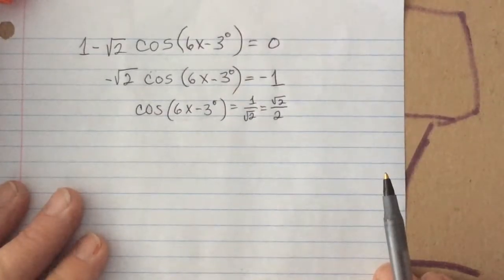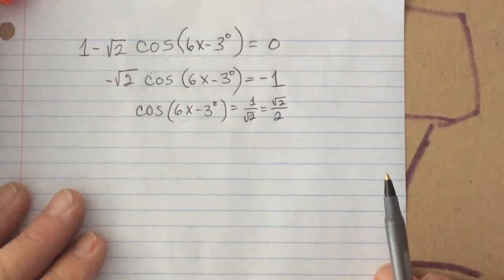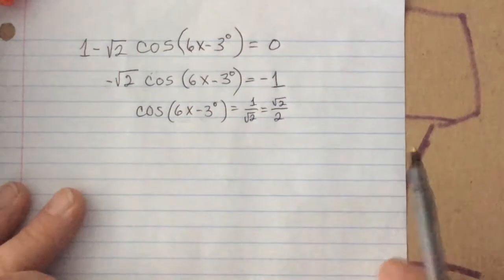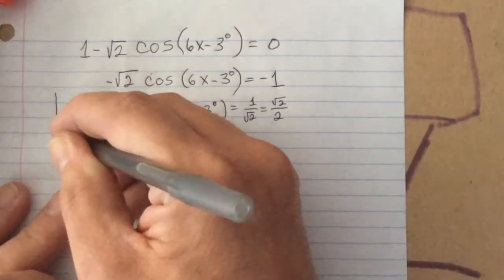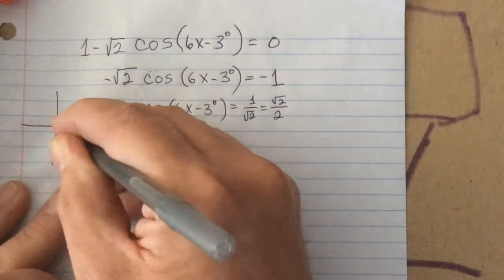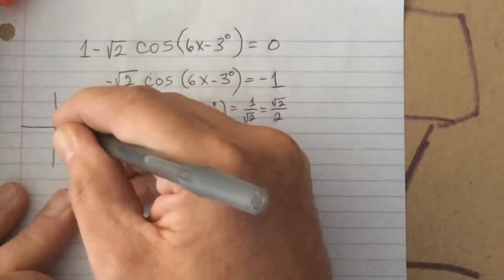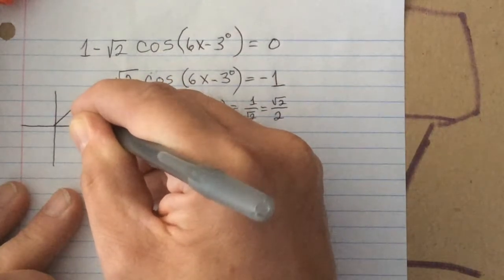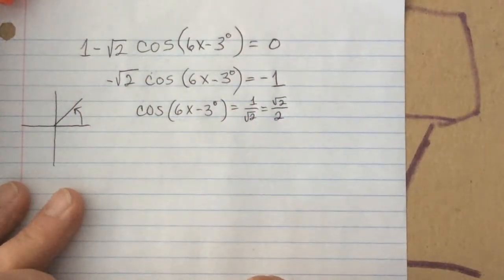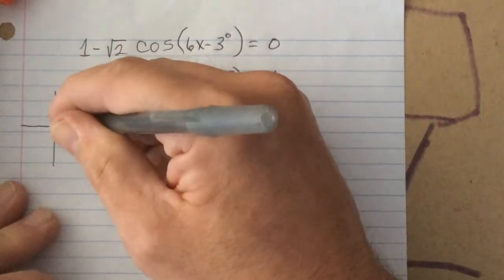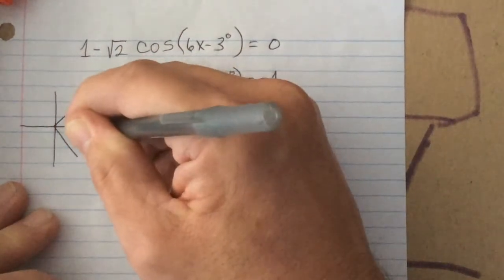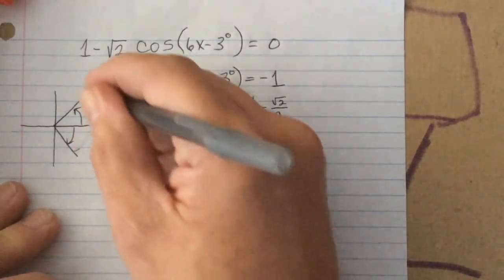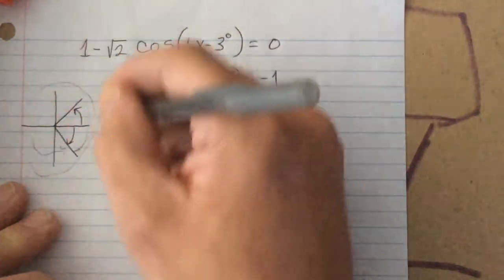That by itself wouldn't get you all of the answers. How many answers are there to this? Infinite. How many angles are there with a cosine of square root of 2 over 2? There would be this one, right? And there would be this one. And then there would be all of the coterminal angles